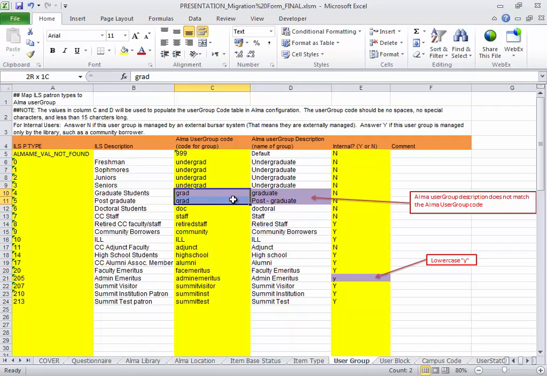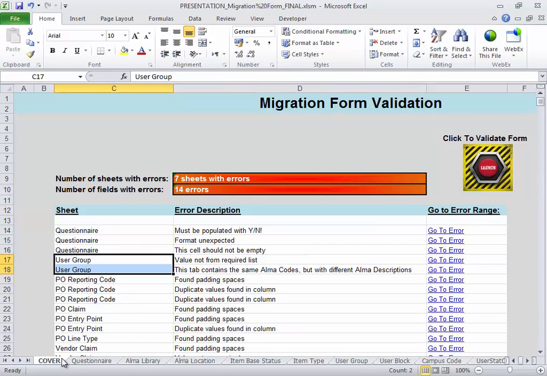This can be seen over here. Second, in the internal-external column, somebody has pasted in a lowercase y instead of choosing either the uppercase yes or no into the internal column. When we move over to the cover page and run the validation,